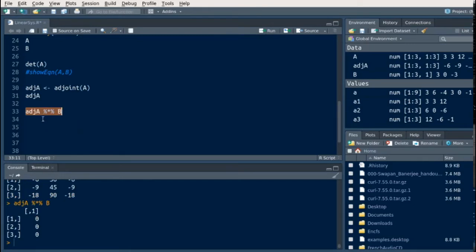That means adjoint of A into B is a null matrix, it's 0, and hence it has infinite number of solutions, right? So we can say here that it has